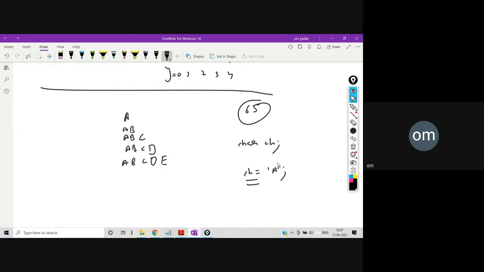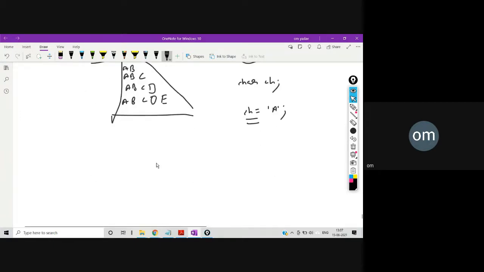So in this way also we can go, I mean we can initialize ch by 'a', and then the same regular loop we can write, that is j less than or equal to i, and we will get this particular pattern. So every time ch will be incremented, so we can print in this particular way. Let's print this particular pattern.